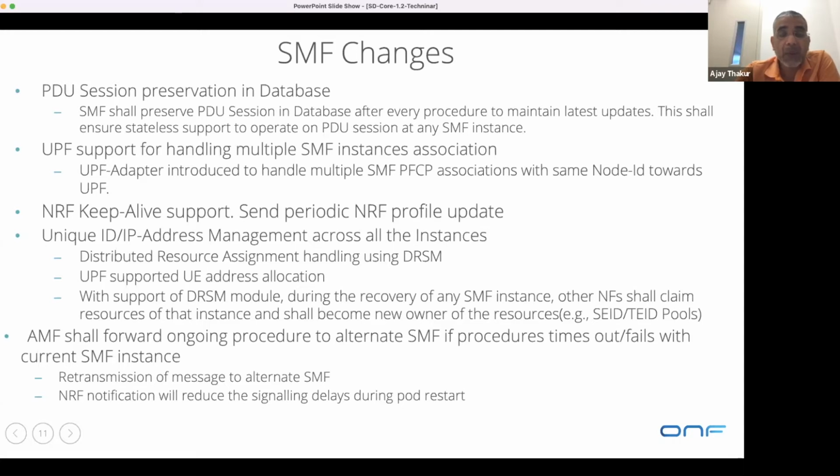So we store all the PDU sessions in the database after every successful procedure. Just like AMF, SMF also keeps the subscribers in memory, and if a subscriber is not found in memory, it goes and pulls the subscribers from the DB. It has multiple AMF, SMF instances. They discover the UPF adapter and send the message to that UPF adapter,